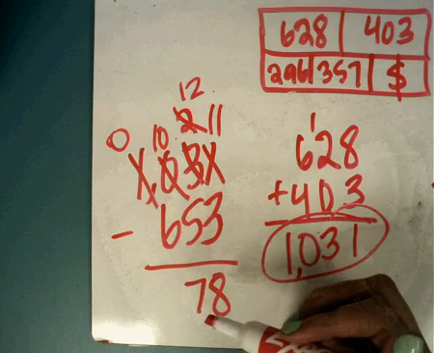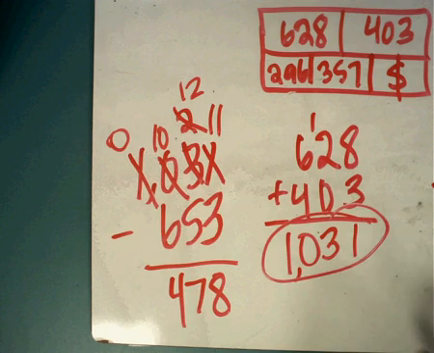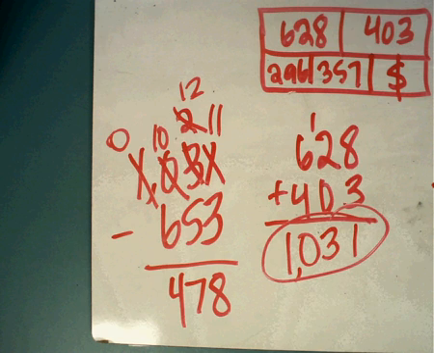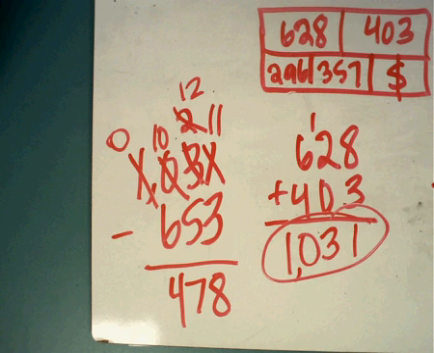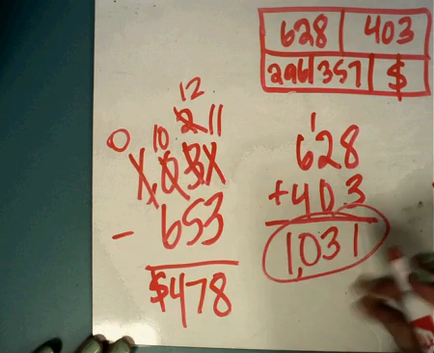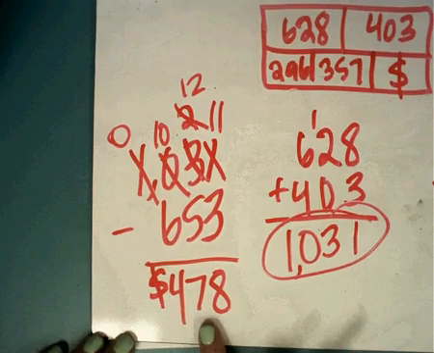So, after she starts out with $628 in her bank account, and then she deposits her $403, and then she takes out $296 to spend at the grocery store, and she takes out $357 to donate to the pet shelter, she will then have this much money left in her bank account, $478, which is, oh, sorry, y'all, I messed